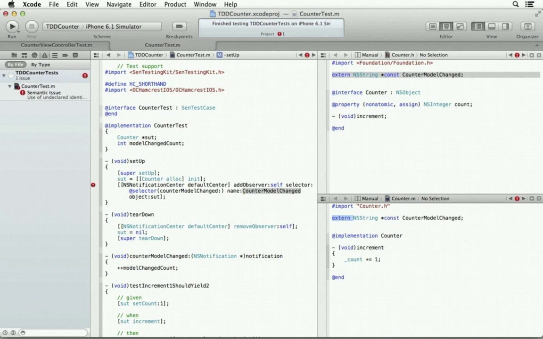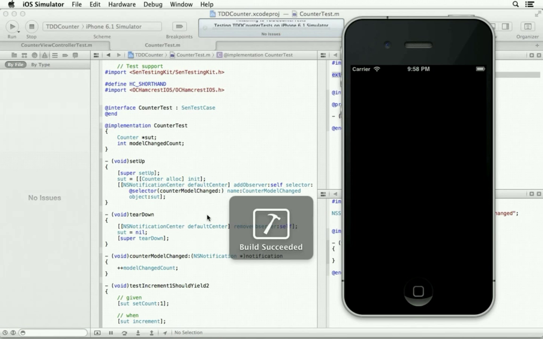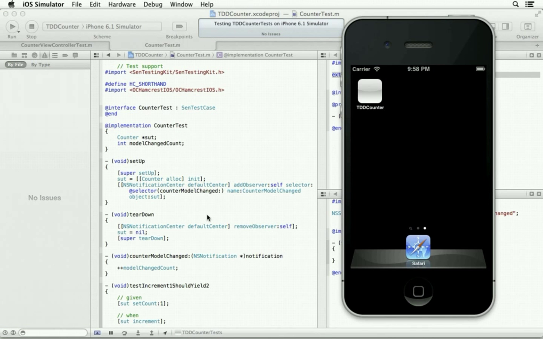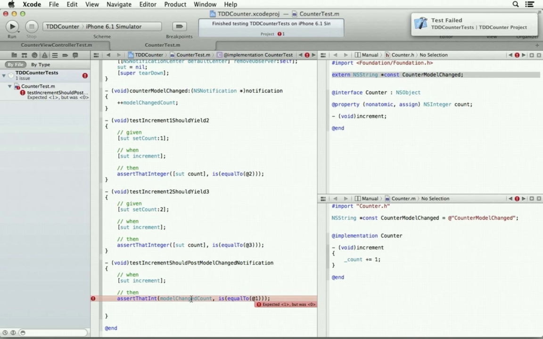We've declared it, now we define it. There. That should satisfy the compiler. Let's Command U and watch it fail. Down here, yeah. We didn't actually get the notification because we're not posting the notification.